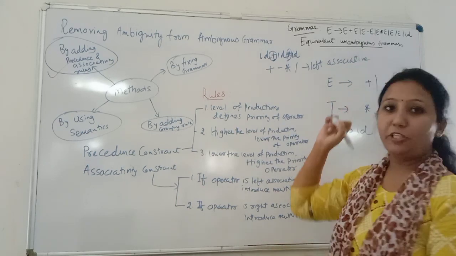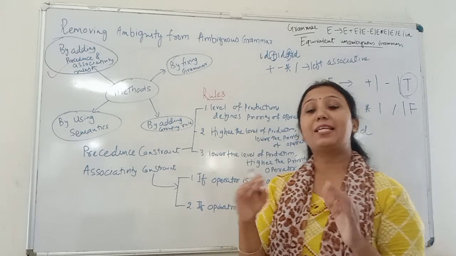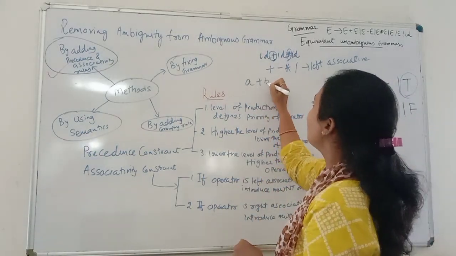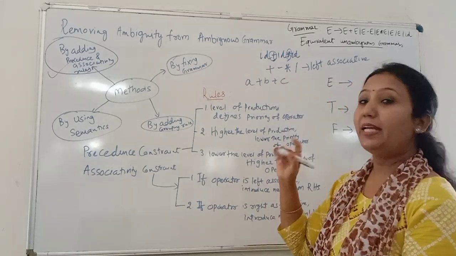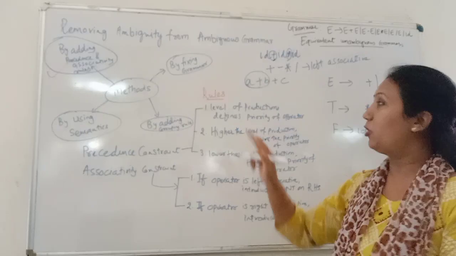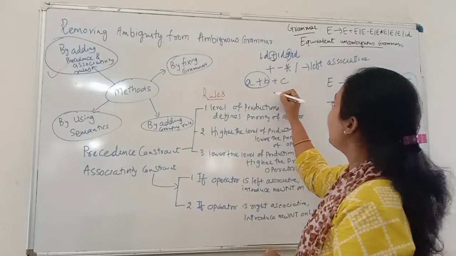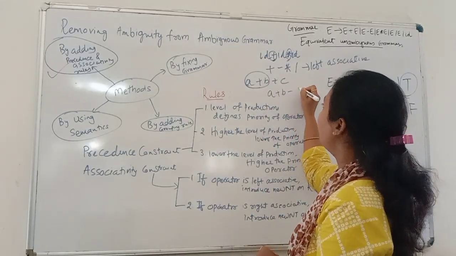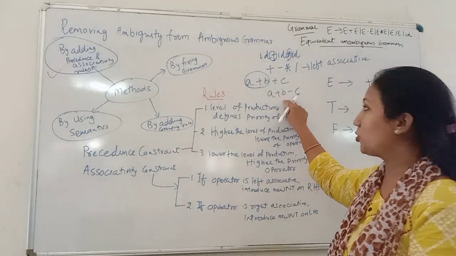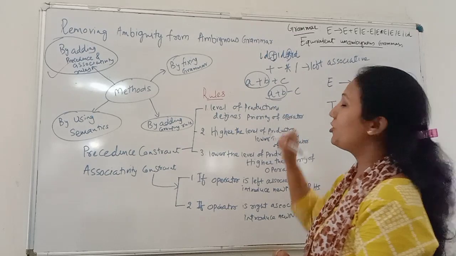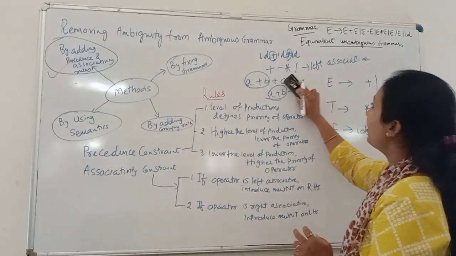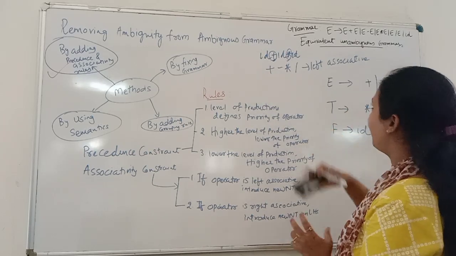Left associative means if these operators are at the same level in arithmetic expressions like A plus B plus C, then the left hand side of the operator would be evaluated first, because plus is left associative. Say if I have A plus B minus C, so plus and minus have the same precedence but both are left associative, so the left hand side addition would be evaluated first. That is left associativity. So plus, minus, star and divide are left associative.